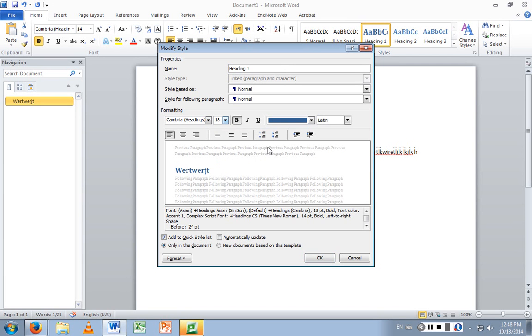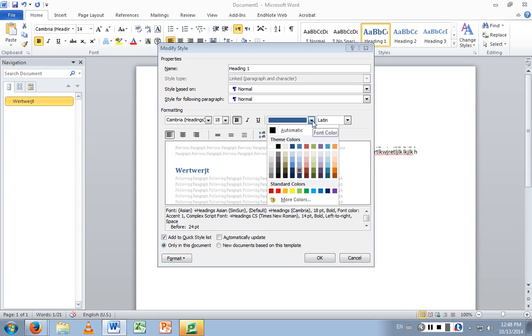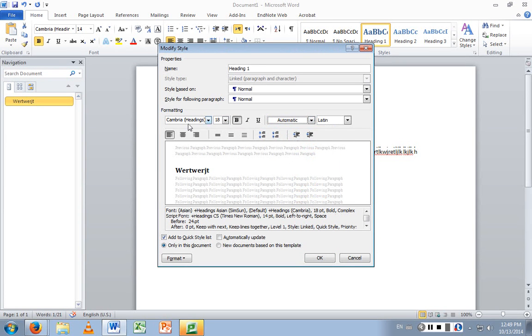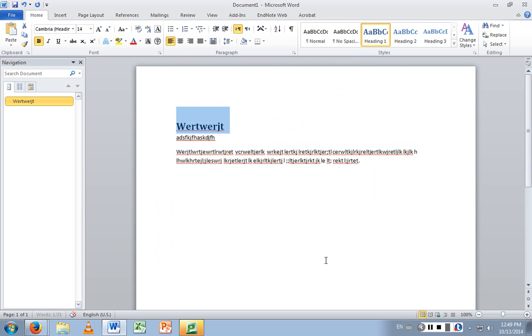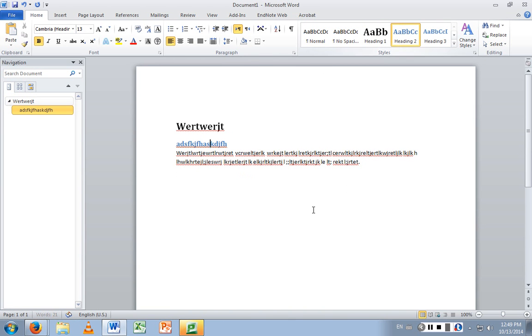So I want this to be 18-point, I don't want it to be blue, I want it to be black. I want it to be bold, I want to choose which font it is, that kind of thing. That all gets set in the style sheet, and then what you do is set the styles for each piece of text that you're dealing with.